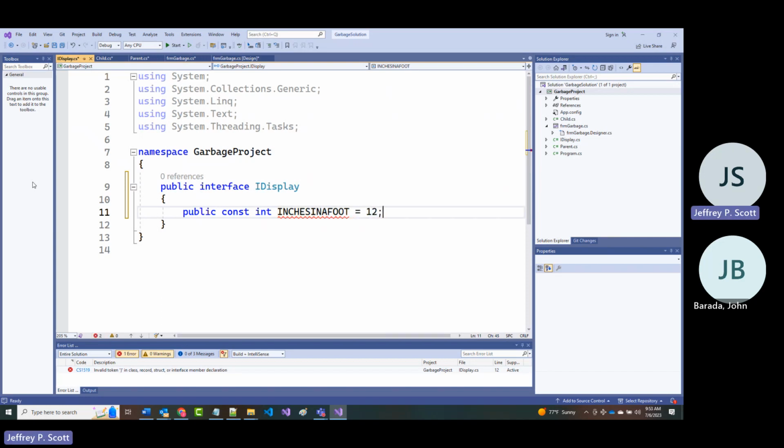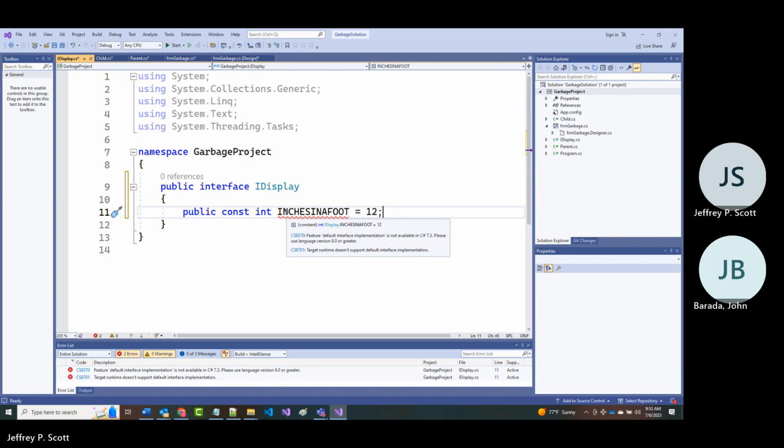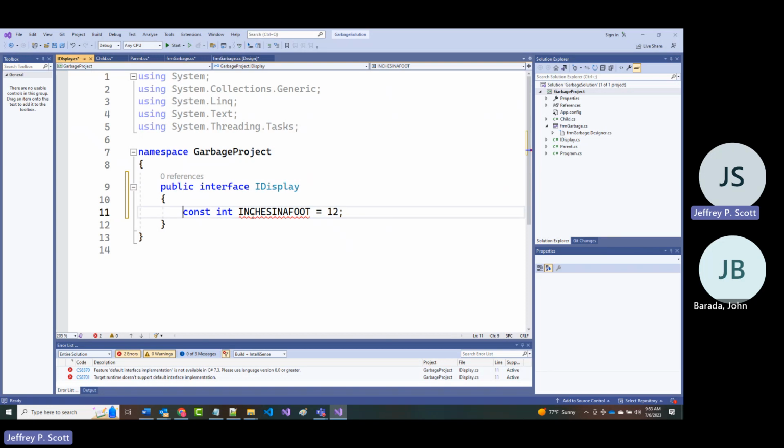Don't ask me why I would do that. All right. Now, what does it like here? All right, it says I'm using an older version of C# and it doesn't want me to do it like this. All right, I don't know if I left public off, if it would take that. No. All right. But what I'm trying to get across to you is this.